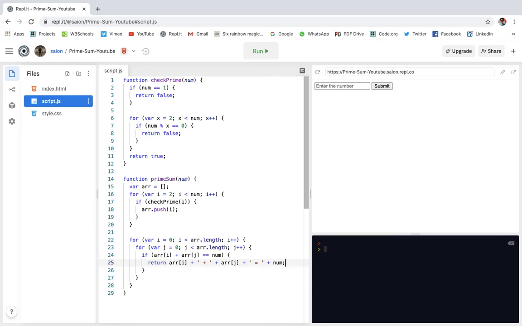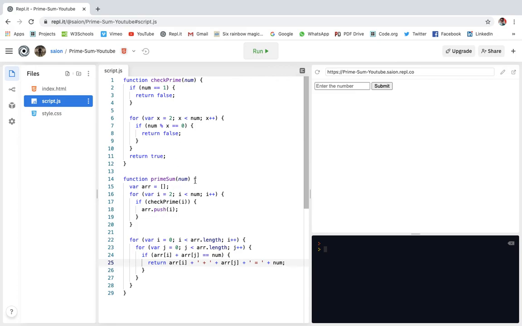Okay, so let me tell you what we are doing over here. We have created the prime sum method, but let me explain. So for variable i is equal to 0, let me explain the if only, because we are nesting two loops. So if array i plus array j, so if array's 0 element is 2, plus array j is equal to num.